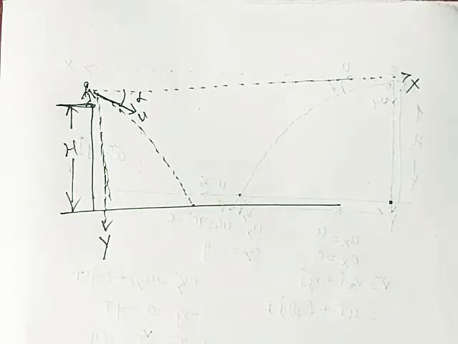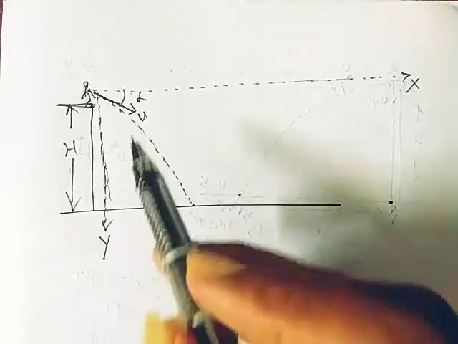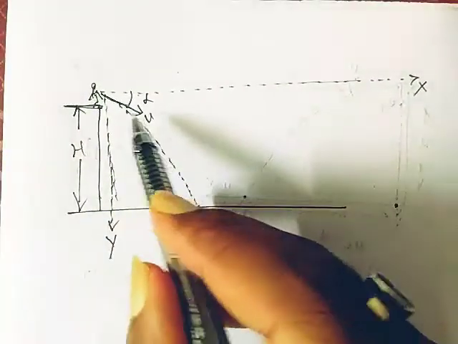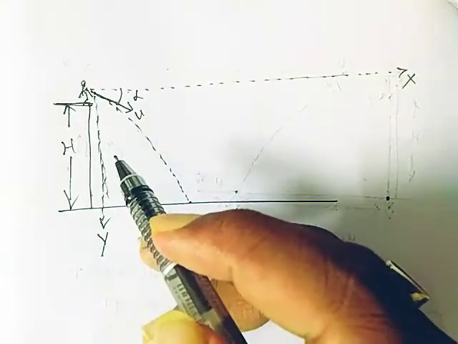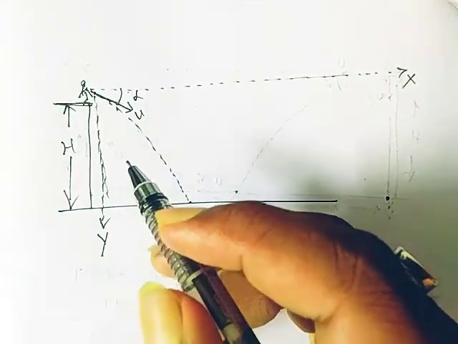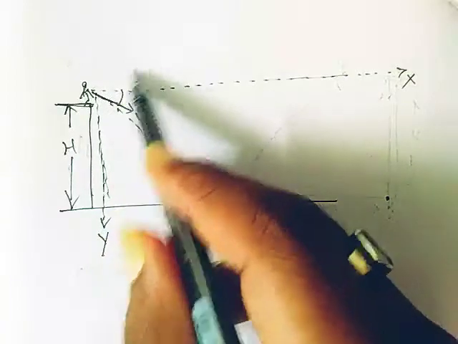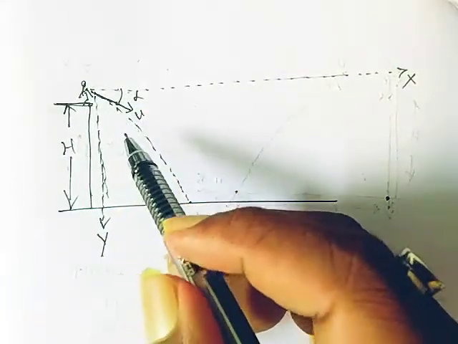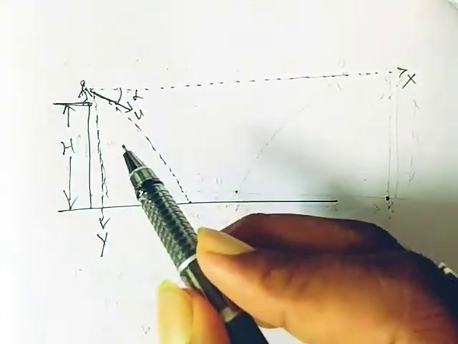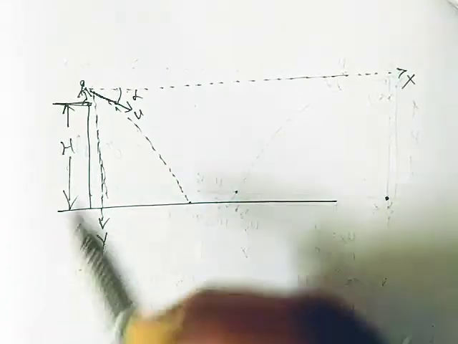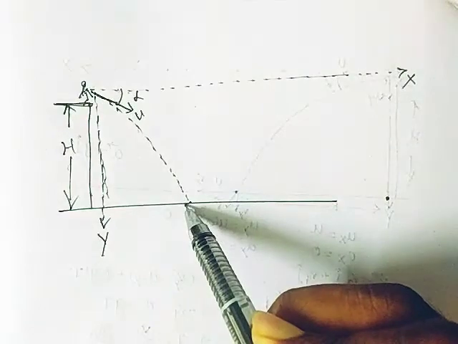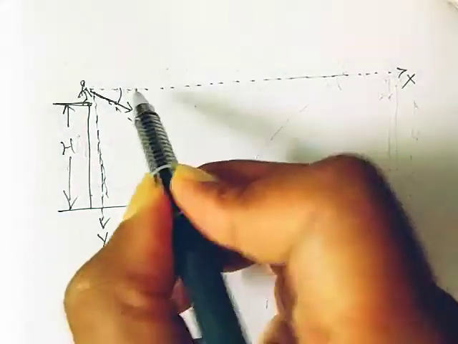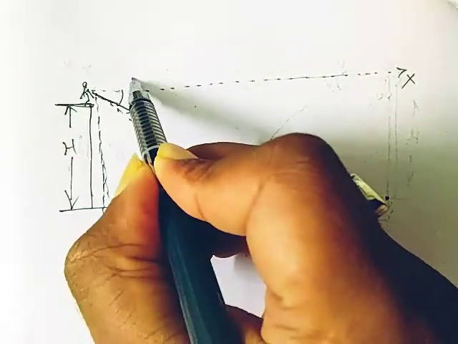The last case which is left, that is if the particle is thrown at an angle u but in the negative direction. So there are two types of angles. One is along the positive and anti-clockwise. Now it is clockwise, so it is negative, whatever it may be. But in this case it is just thrown with the velocity u by making an angle alpha, so it just crashes here. Now it has two components, that is the ux.